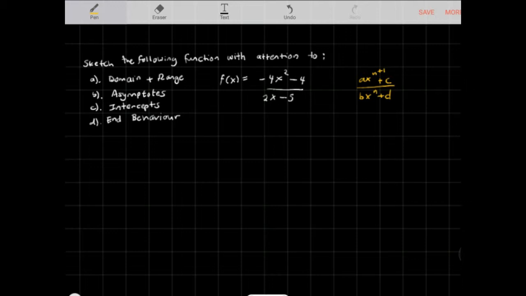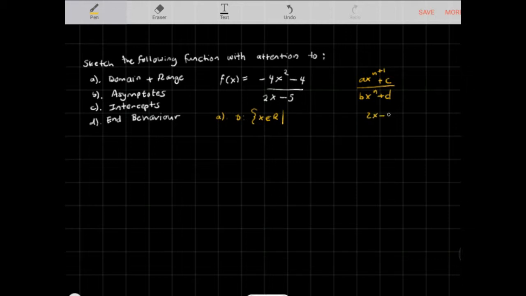We need to note that when the degree of the numerator is 1 higher than the denominator, there is the presence of an oblique asymptote, right? If we want to look for the oblique asymptote, we can find the quotient of the function. Now, right off the bat, we can notice that the domain of the function, x, can belong to all real numbers,